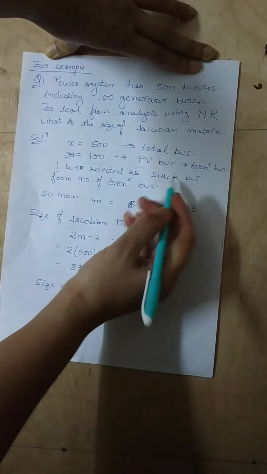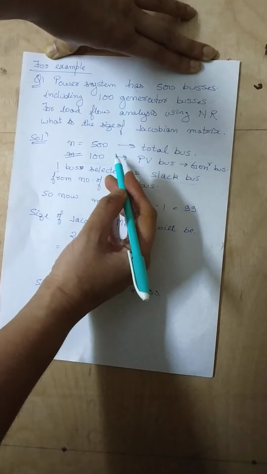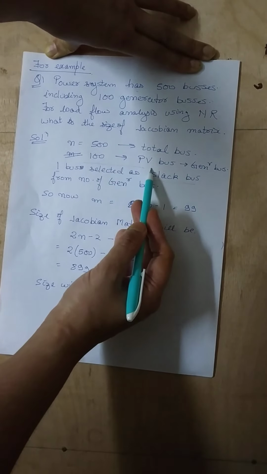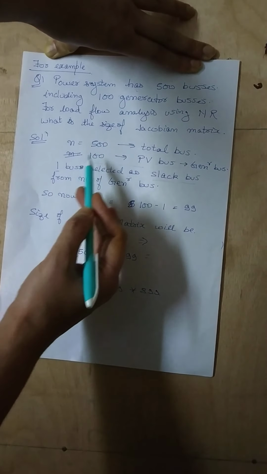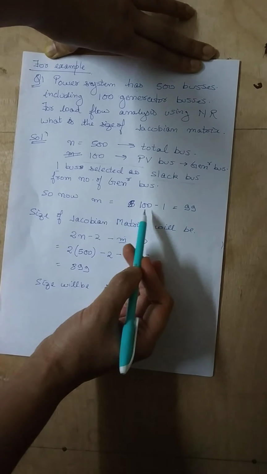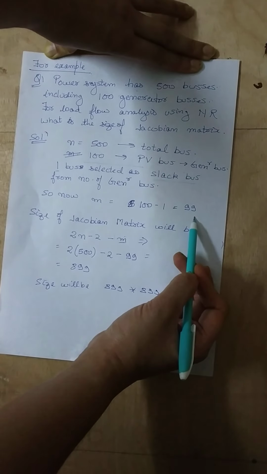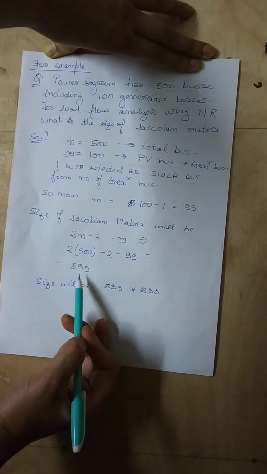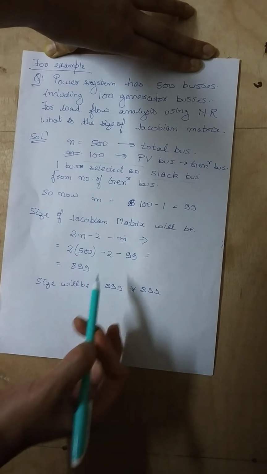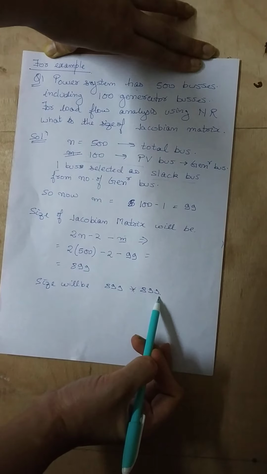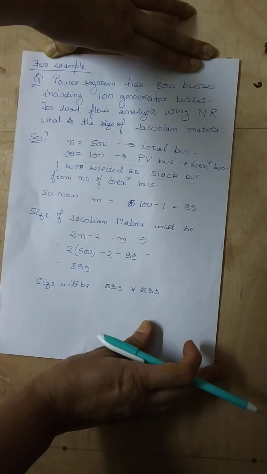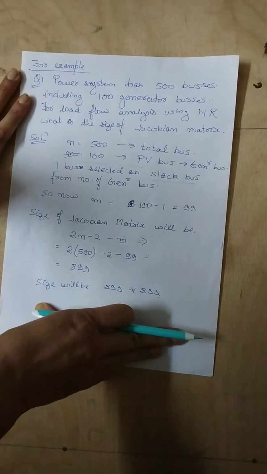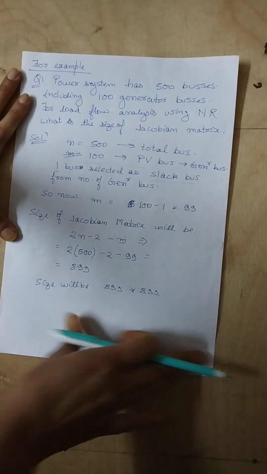So that's because of this particular thing. To select the m value, I have considered this example. So please remember, out of the PV buses we have to find one slack bus, and obviously the m value will become 100 minus 1, which is 99. So I have to put here 99. So my size of Jacobian matrix came out to be 899, that is 899 into 899. So this is the size of the Jacobian matrix. Now how to use the Newton-Raphson method in our power system equations, I will discuss in my third lecture. Okay, thank you.